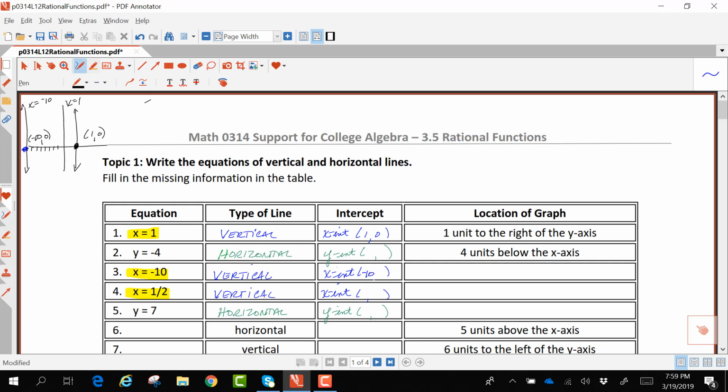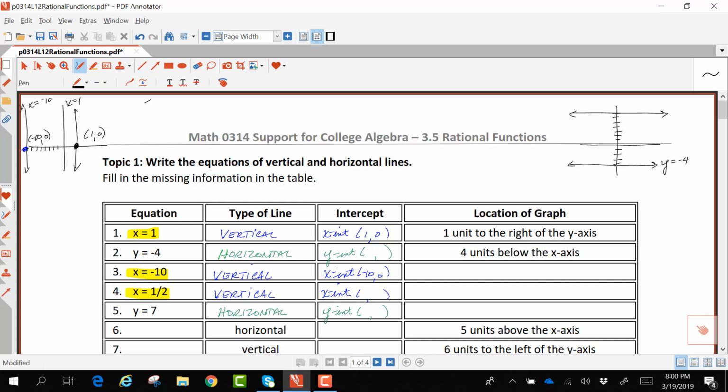Your horizontal lines would be in green on this graph I'm drawing in the top right corner. If we have y equaling negative 4, it would be a horizontal line. And your other example would be y equaling 7, still a horizontal line. Notice these lines do not cross the x-axis, so they will not have an x-intercept, but